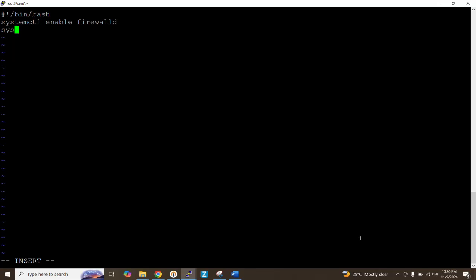So again, I need to type systemctl, the same protection I have used, I need to use in the script. So here start firewalld, or you can use firewalld.service. Okay. Then if you want to use a port, whatever port you have, if you didn't use permanent, so like here,